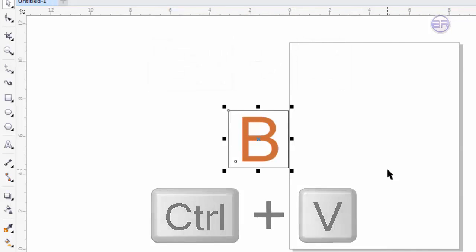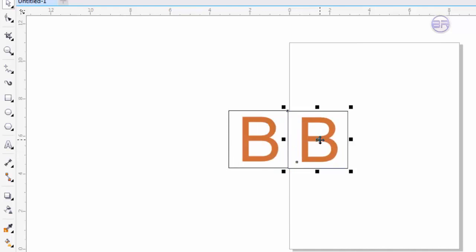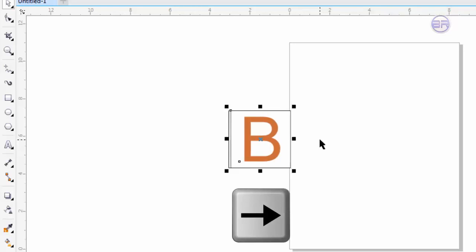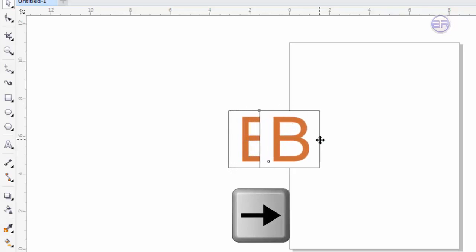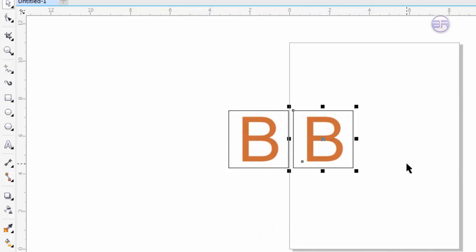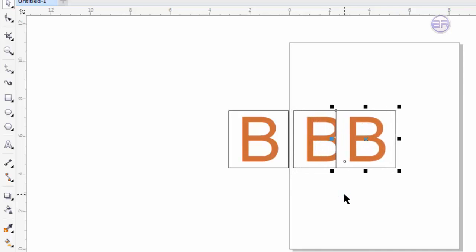I just took a copy and will paste it on the same place. You will not see, but I will just drag this here, so you will see that now there is a copy. But I will use the arrow key from my keyboard, the right arrow key, so you can see same like this. So I have dragged it. Now I will take a copy of this one, Control C and then Control V to paste again there. So I have simply taken a copy of this,